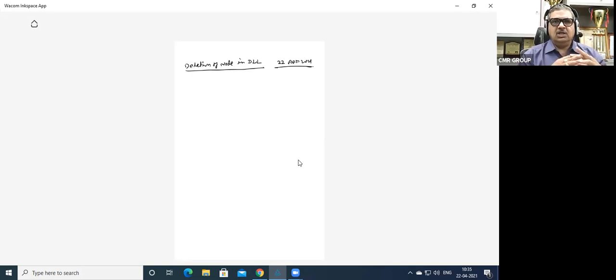So what is the condition that the list is empty? The list is empty only when start is equal to null. If start is equal to null, then we give the message that deletion is not possible as there are no nodes available in the linked list.